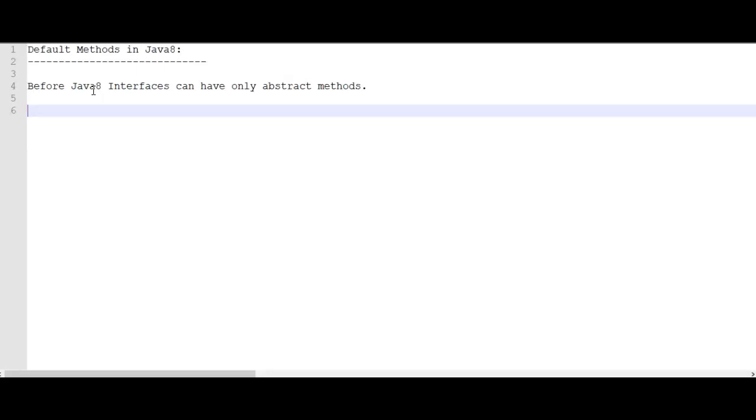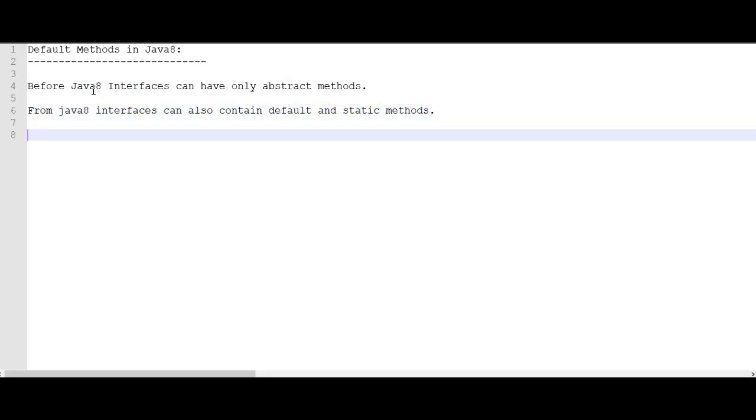Coming to Java 8, interfaces can also contain default and static methods. So we can call default and static methods as defender methods or virtual extension methods. So default methods are also known as what?